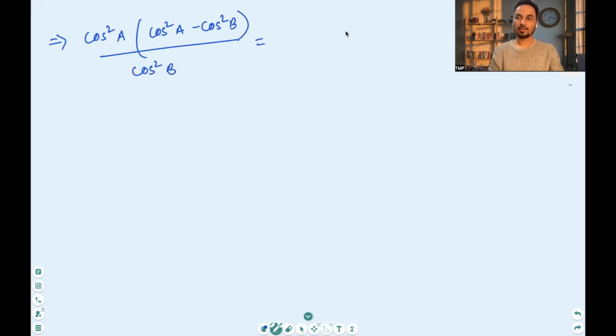But the right-hand side is in terms of sine. So we will try to convert the right-hand side as well in terms of cos, which can be done by using the identity that sine square x is same as 1 minus cos square x. So the right-hand side is sine square a over sine square b times, and if we change the terms inside the bracket in terms of cos, we'll get 1 minus cos square b minus 1 minus cos square a,